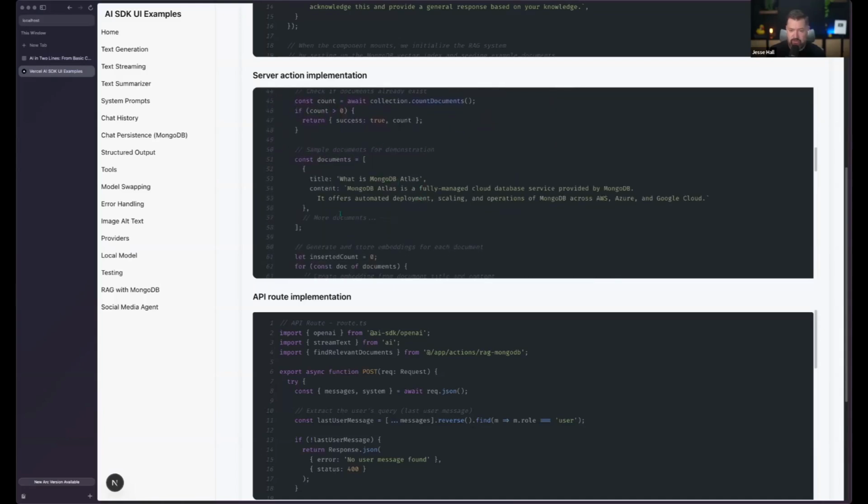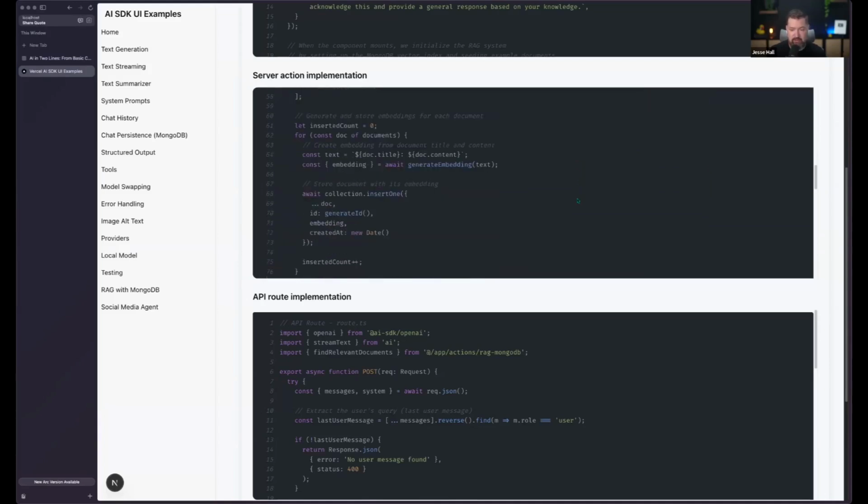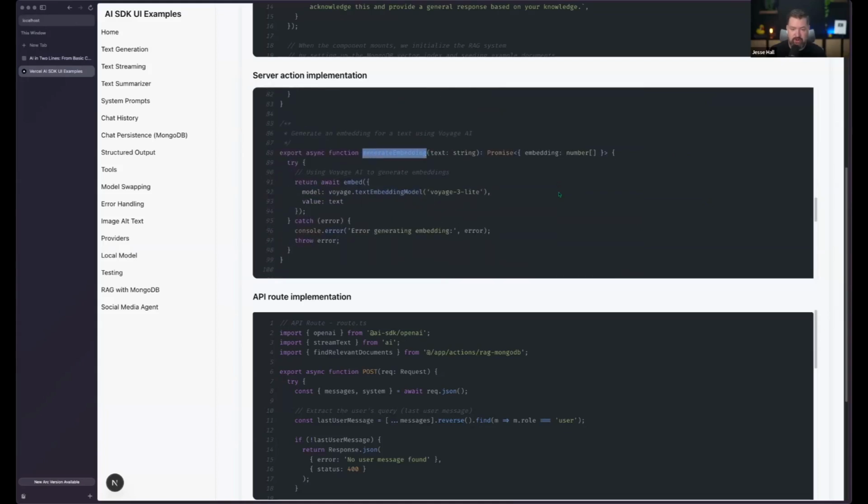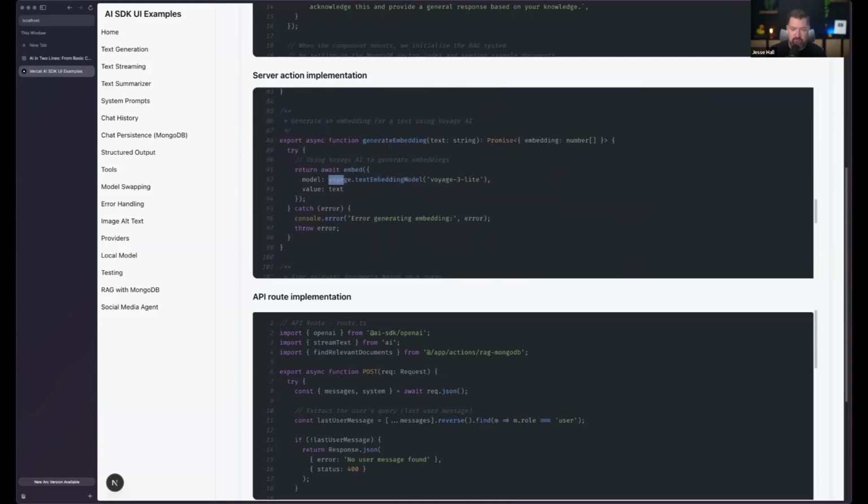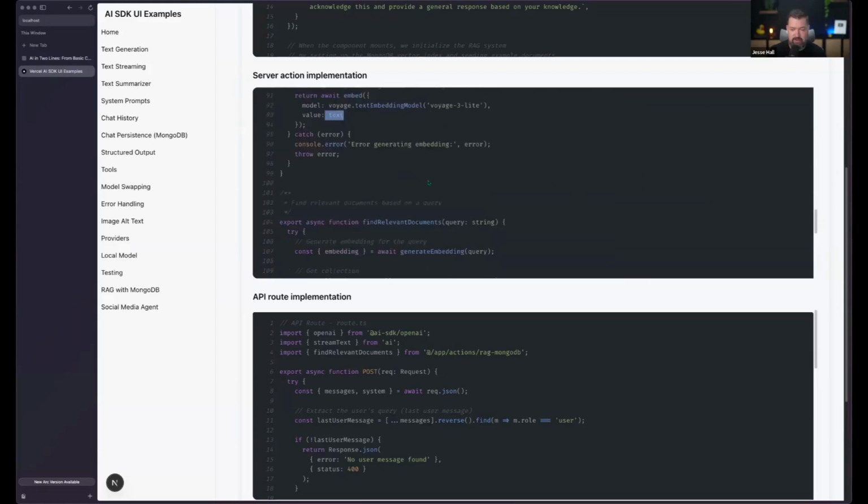And this is what I wanted to show you here, the documents. We have 5 total documents, but basically we're providing it this information, this content that we want to add in. This is generally proprietary content, something that the LLM would never know how to answer. So we give it this context, and then this content gets translated into embeddings and then saved to the database. During this generate embeddings part, we are again using Voyage AI to turn that text into an embedding and then save it into the database.